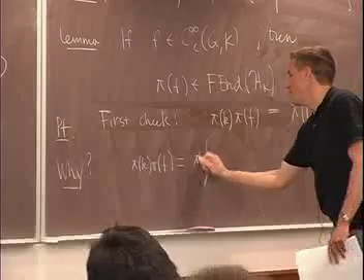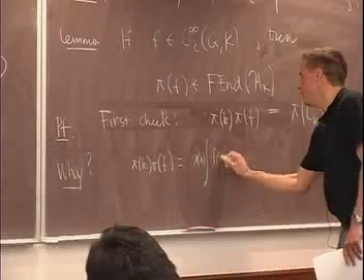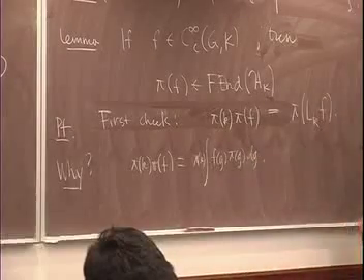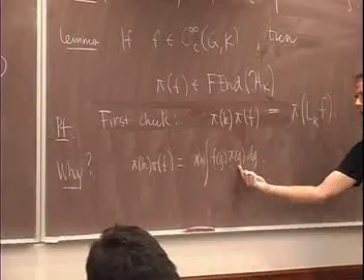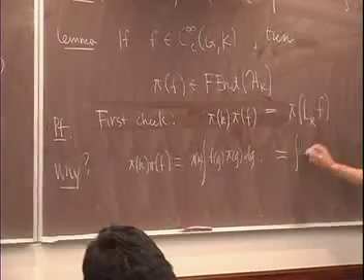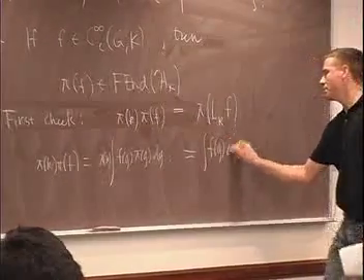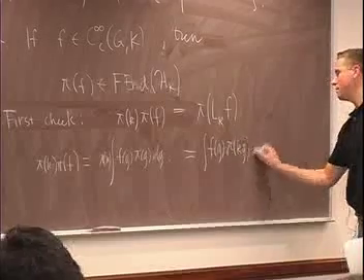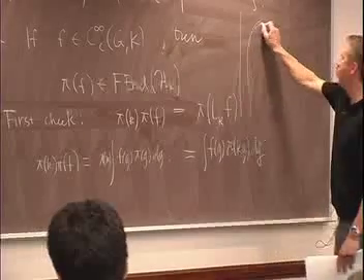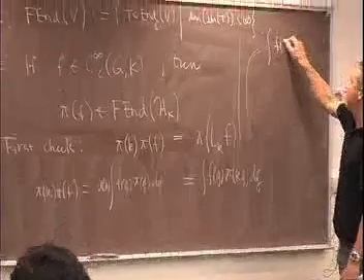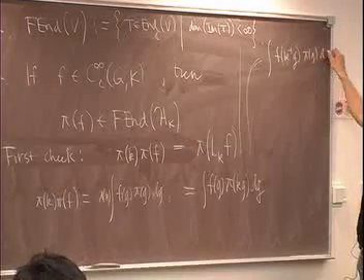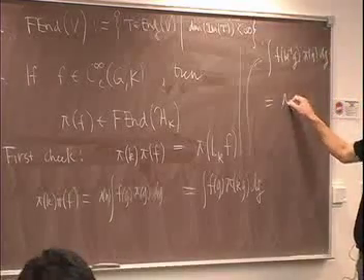So this is pi of k applied to the integral of f of g, pi of g dg. Now I bring my pi of k in, use that pi is a homomorphism, and then change coordinates. So this is pi of kg dg. And finally, this is the integral of f of k inverse g times pi of g dg,